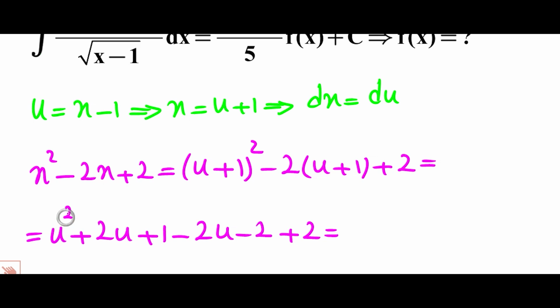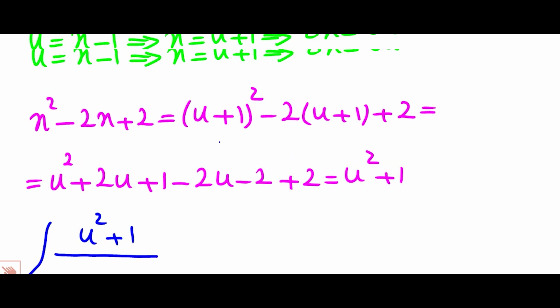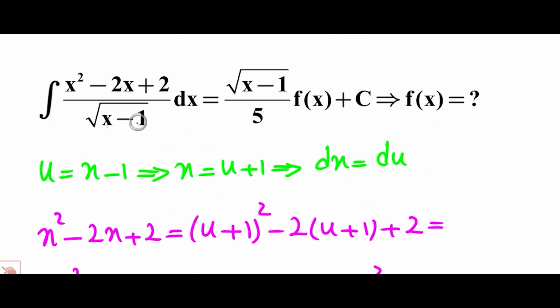So we have u squared plus 2u minus 2u is 0, minus 2 plus 2 is 0, plus 1. So the integral changes: the numerator is u squared plus 1, over the square root of x minus 1, which means the square root of